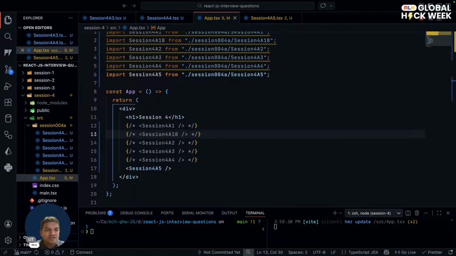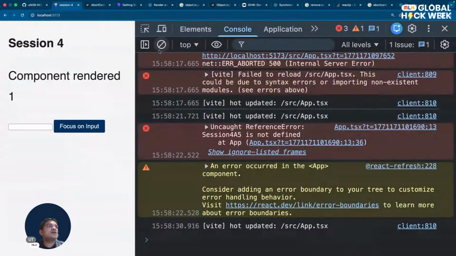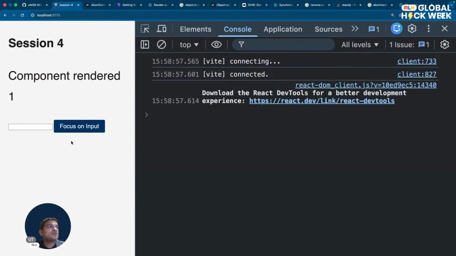Okay, I think this should be good. So what's happening, and what are we doing? This is an example of ref. A ref allows you to set a reference to some DOM element. Now if I reload this and click on focus on input,